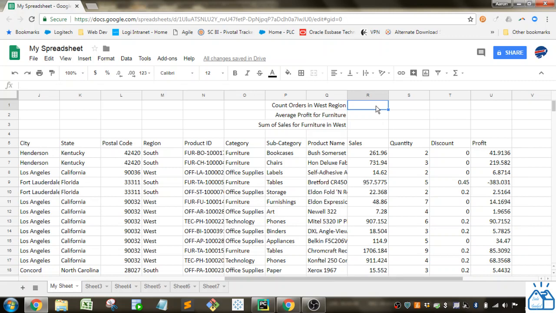Today we're going to be going over how to use COUNTIF, AVERAGEIF, and SUMIF in Google Sheets. So I've got my data here, and what I want to do is count the orders in the West region. I want the average profit for furniture, and I want the sum of sales for furniture in the West. So we have a criteria here, which is the West region, and we want to use the count